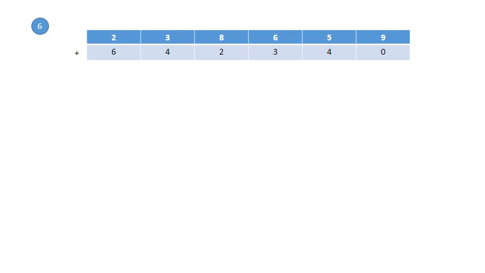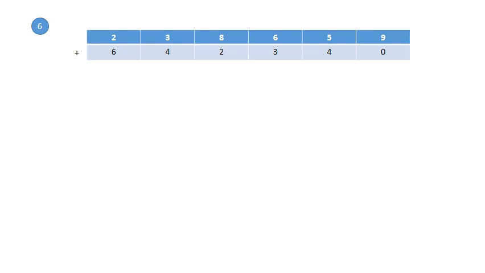Yes, written. What is 9 plus 0? 9 plus 0 is 9. 5 plus 4? Yes, 9. 6 plus 3? What is the answer of 6 plus 3? 9. What is the answer of 8 plus 2? 8 plus 2 is 10. Now student, how are we going to write down 10 here? We'll write down 0 here and we'll give one carry to the next place. 4 plus 3, 7. And 7 plus 1, which you have given as carry, will become 8. And 6 plus 2 will become 8.